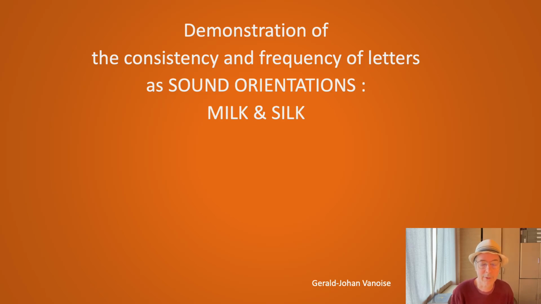I will have a demonstration in this video showing how letters are not just orientations in space and time, but can also be a kind of balance between things that describe a material, or a kind of frequency at certain points. It's a certain balance, and we try to estimate where more or less it is compared to the rest that is there. And I will demonstrate this with the words milk and silk.